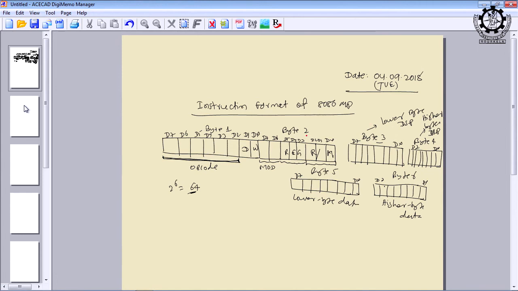Okay. Then you can see in byte 2, the first 3 bits indicate either register or memory, right. In the same way, the other 3 bits, that is D3 to D5, indicate only the register, which register is holding the operand or the data. And the mode bits and the D and W bits, we shall see what is the meaning of D and W. So, let me write the meaning of each bit position. D2 to D7,